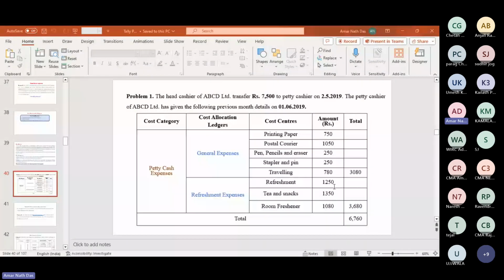So let's start with cost center and cost category. It would be better if I introduce this particular topic with the help of a problem. And if you go through this problem,